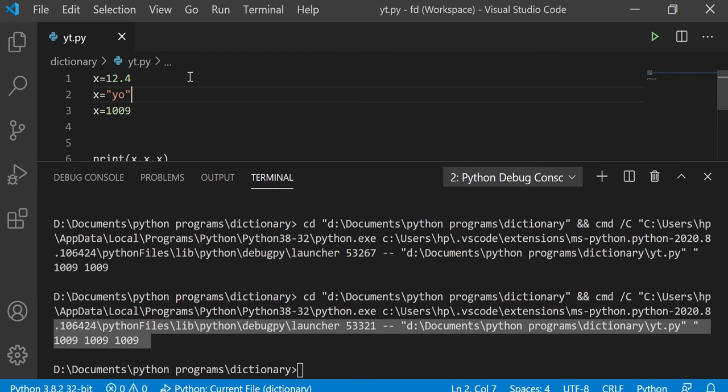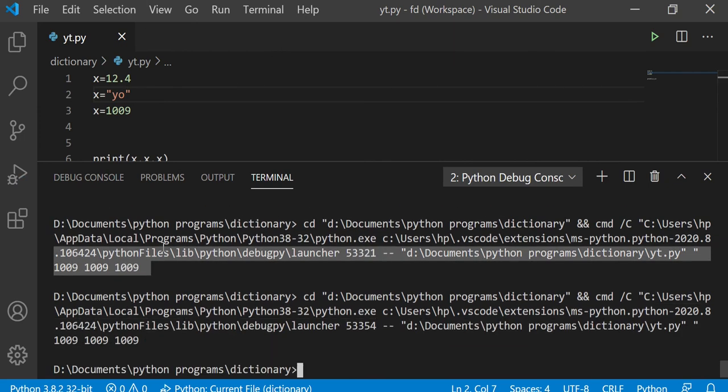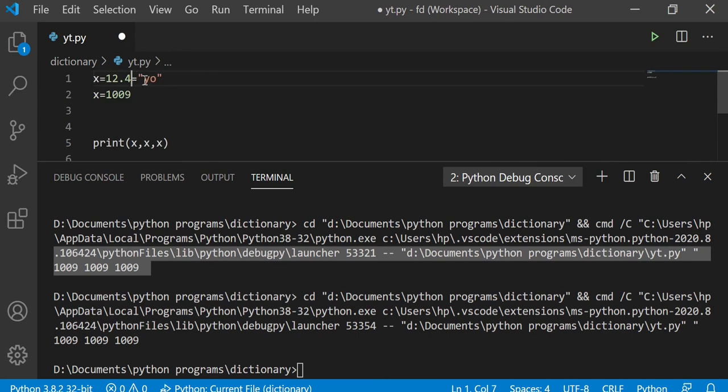And then you must be thinking, why? If you have changed it 3 times, then it should print like 12.4, yo and 1009, because we have used x in the print function 3 times, but it is not doing so.